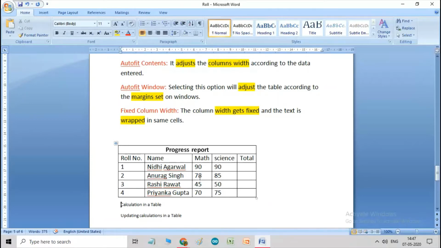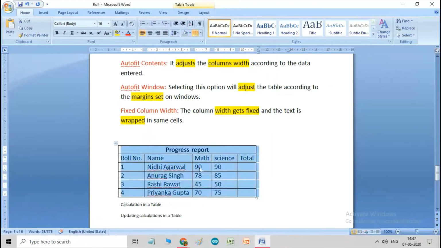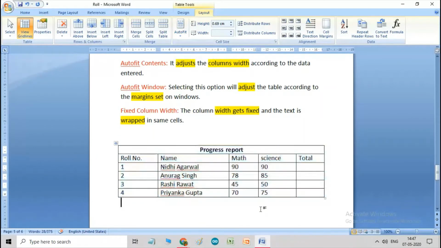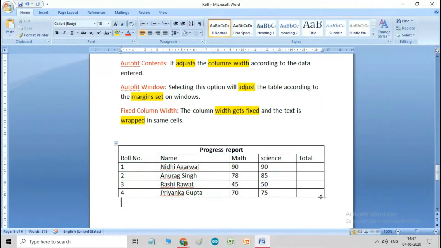If you want to bring this table across the whole page where the margins are set, simply select the table and go to the layout, auto fit and say auto fit window. So it will go back according to the margins set on windows. So this way you can resize the cells and use these options.